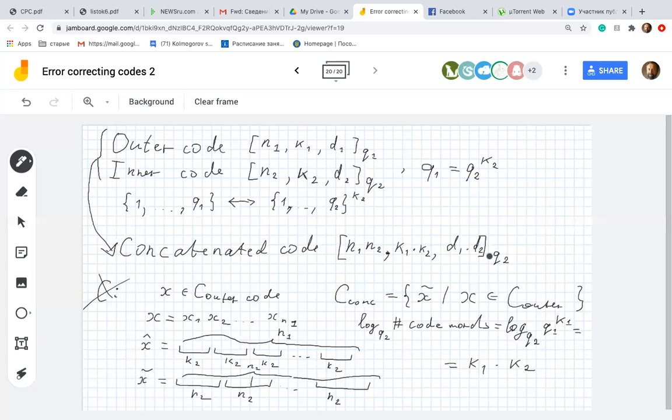Ну что, понятно это с параметрами? Да, да. Well, here is an example how we can reduce